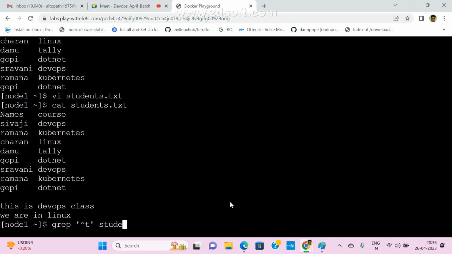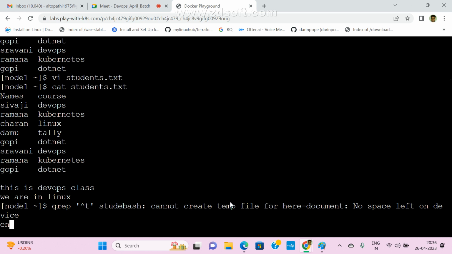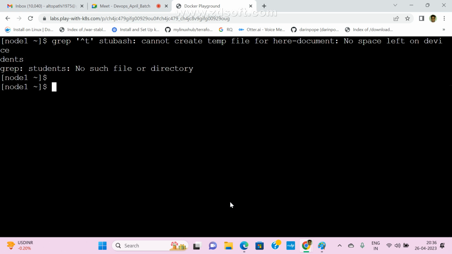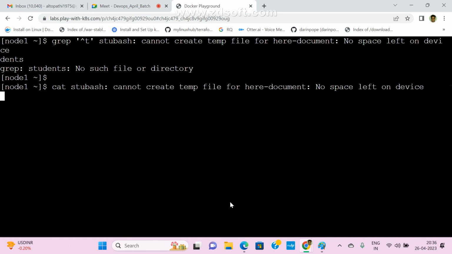Student, it is hanging, just wait. Clear the screen, and so grep, single quotation, caret, t, student.txt. What happened? Cat students, the file is not available, it is hanging.